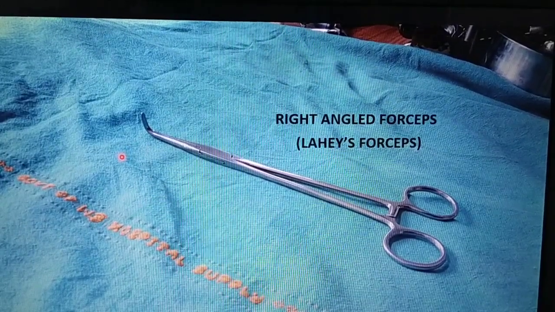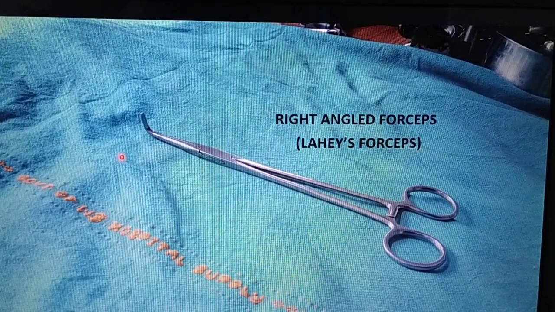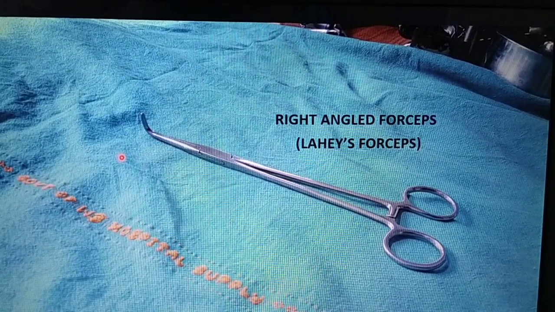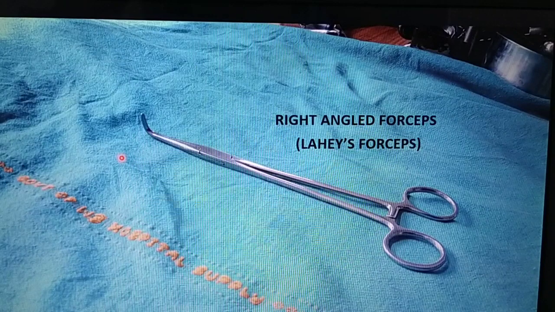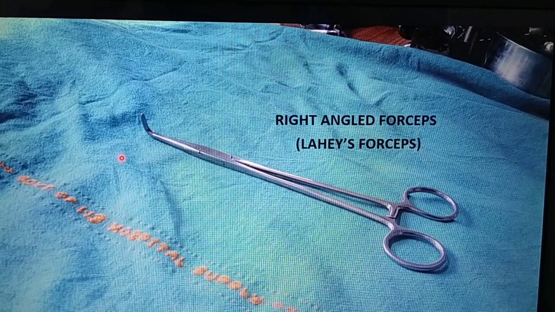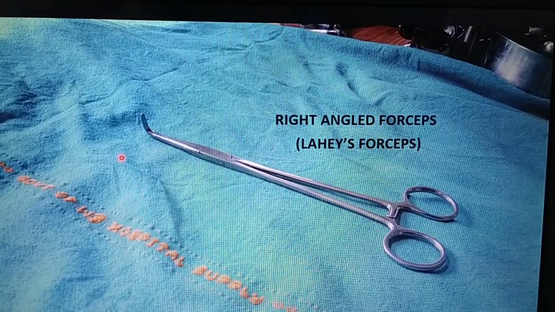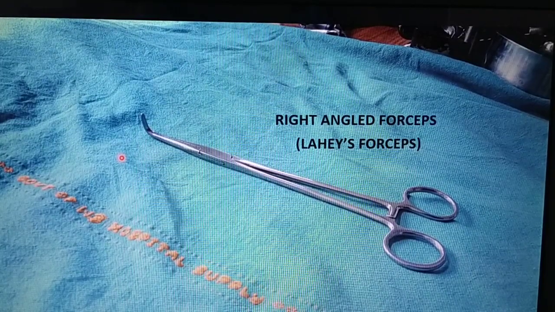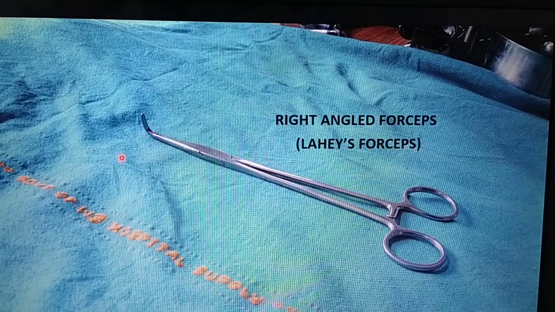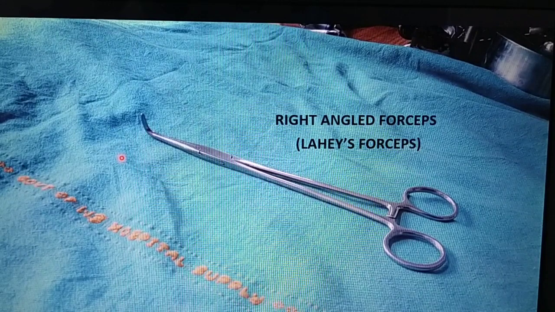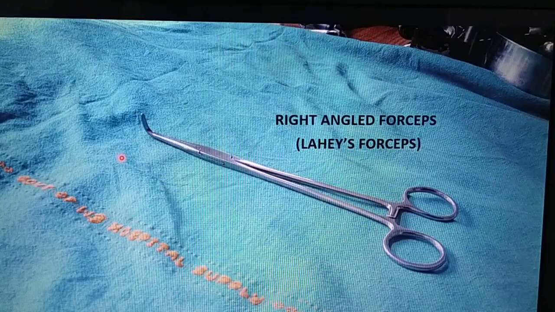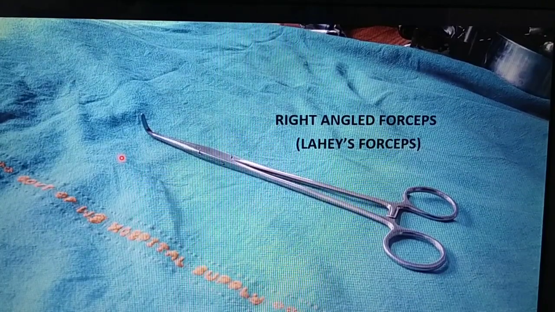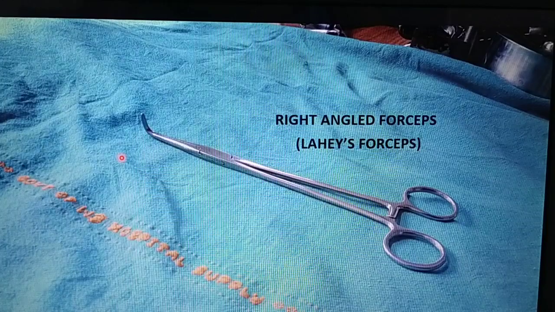It is usually used to dissect pedicle of important organs, and ligature may be passed around the dissected pedicle. It may also be used as a hemostatic forceps to hold a bleeding vessel. This is used during cholecystectomy to dissect the cystic duct and artery and to pass a ligature around the structure. This is used during splenectomy to dissect the splenic artery and vein. This is used during nephrectomy to dissect renal vessels and to pass ligature around them.